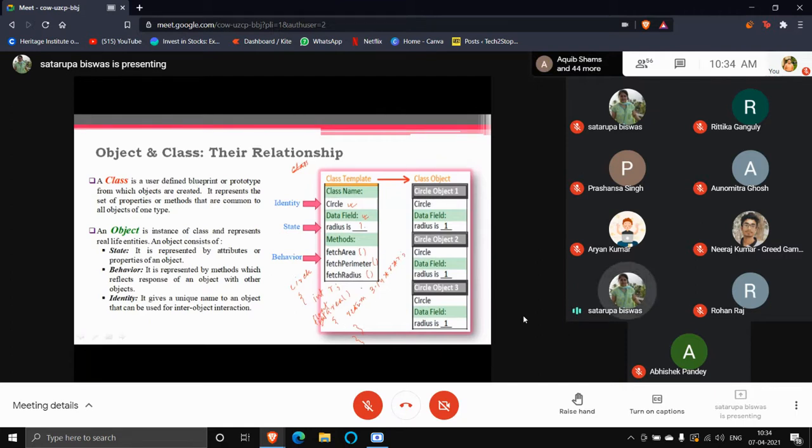When you know C programming, you must be knowing the structure. In the structure, you have only the variables. Now, instead of only variables, you have some functions also present inside the class. Okay. So we have given a name to the class, we have listed down the attributes of the class, and we have listed down the behavior of the class. Okay, so this is how the class is going to be defined.